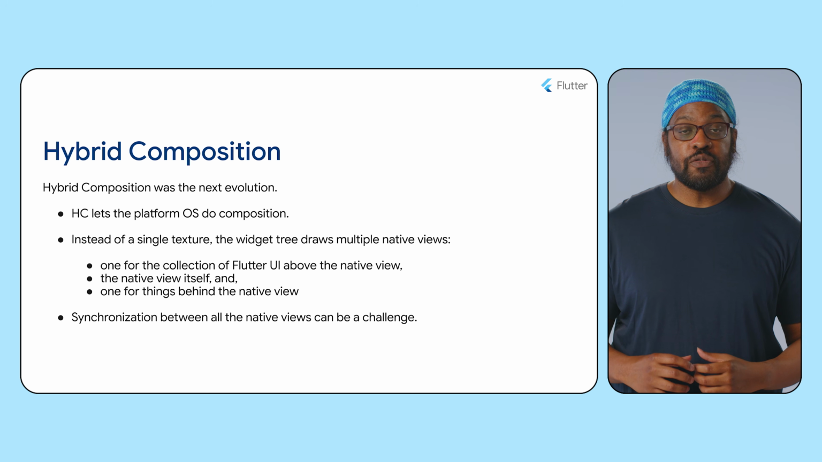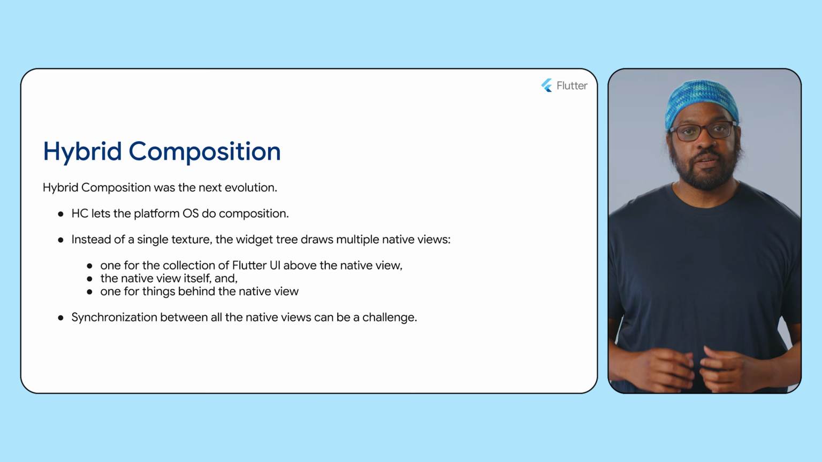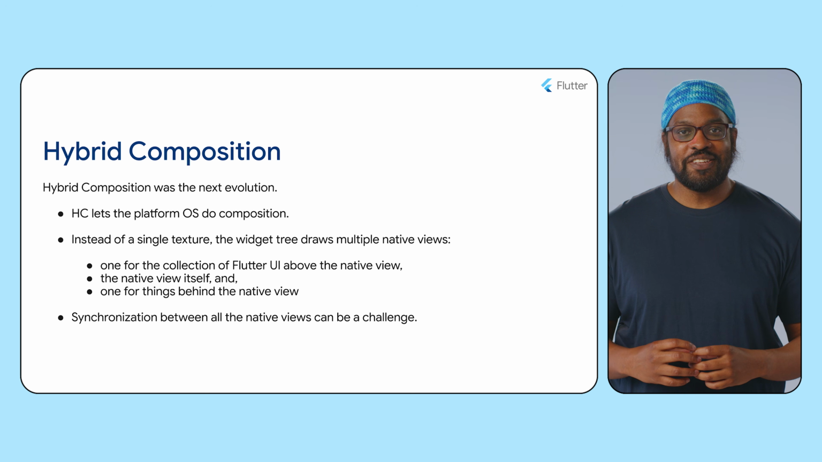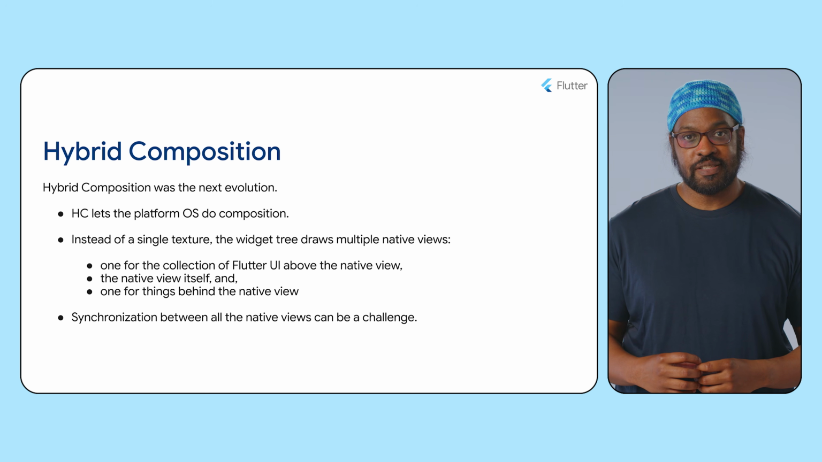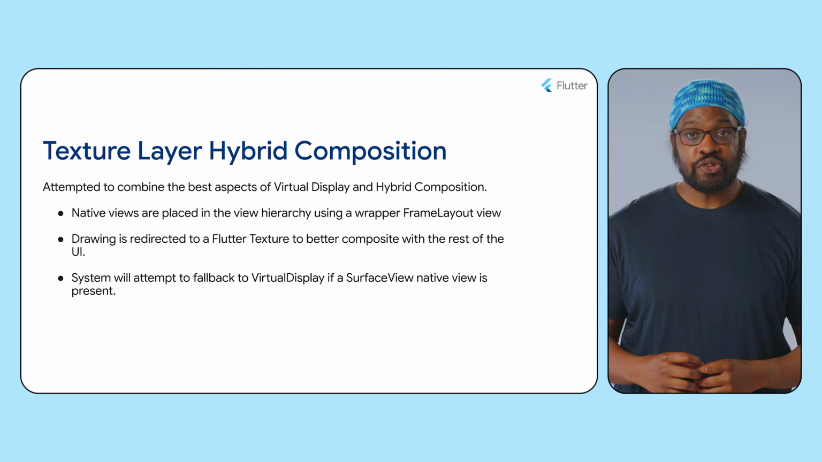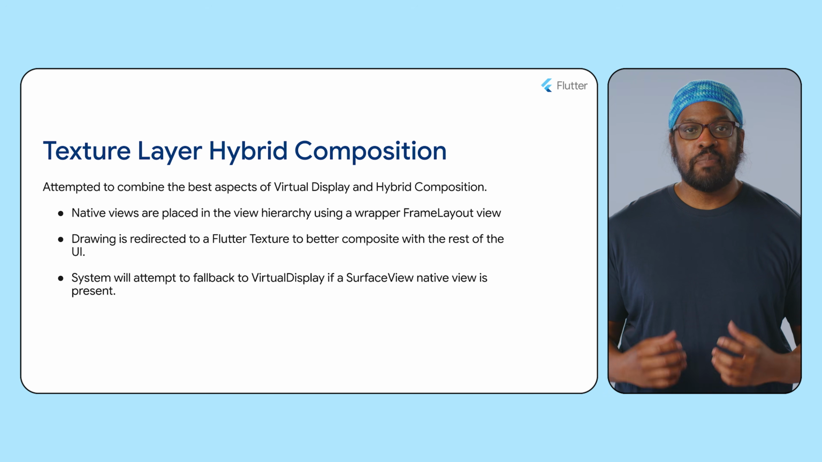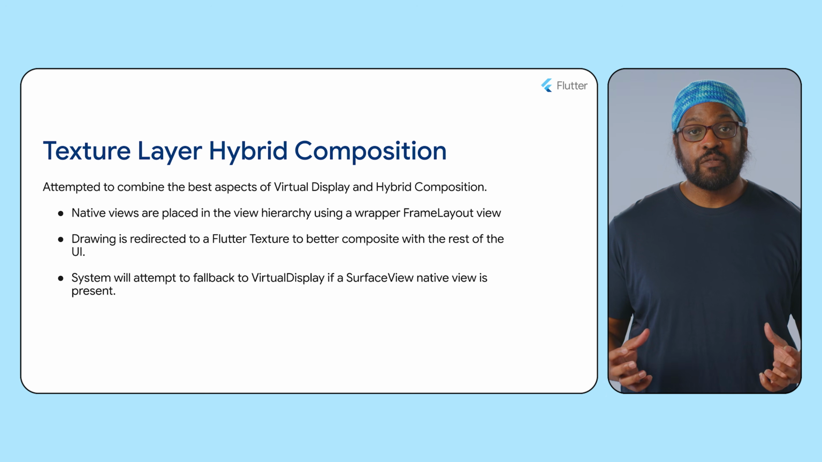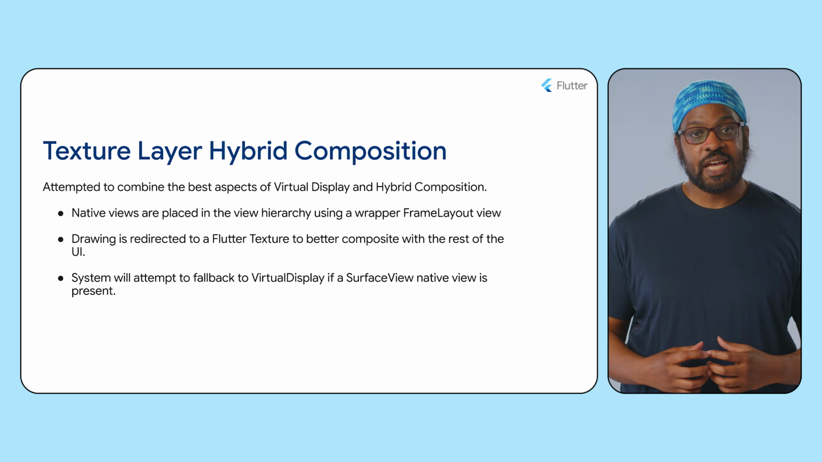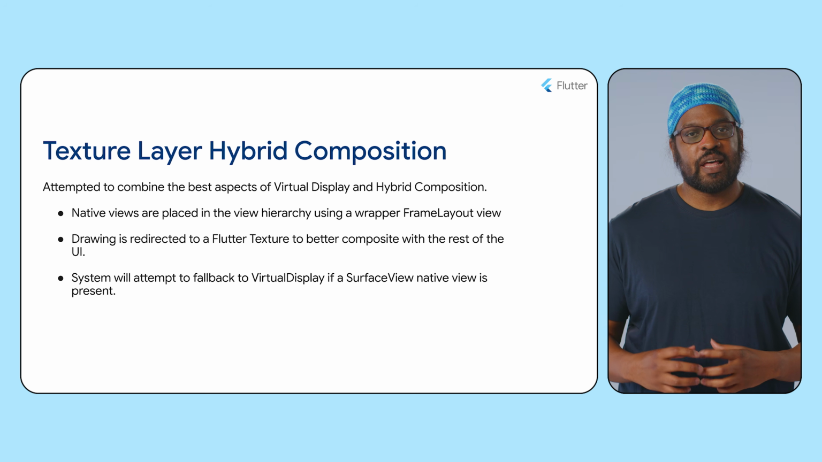This offered improved compatibility, but tanked Flutter's performance, forcing an expensive GPU to CPU round trip for every frame on older Android devices. Texture layer hybrid composition came next and combined the best aspects of virtual display and hybrid composition by redirecting native drawing into a texture. It restored Flutter's baseline performance, but it broke if the native component relied on a surface